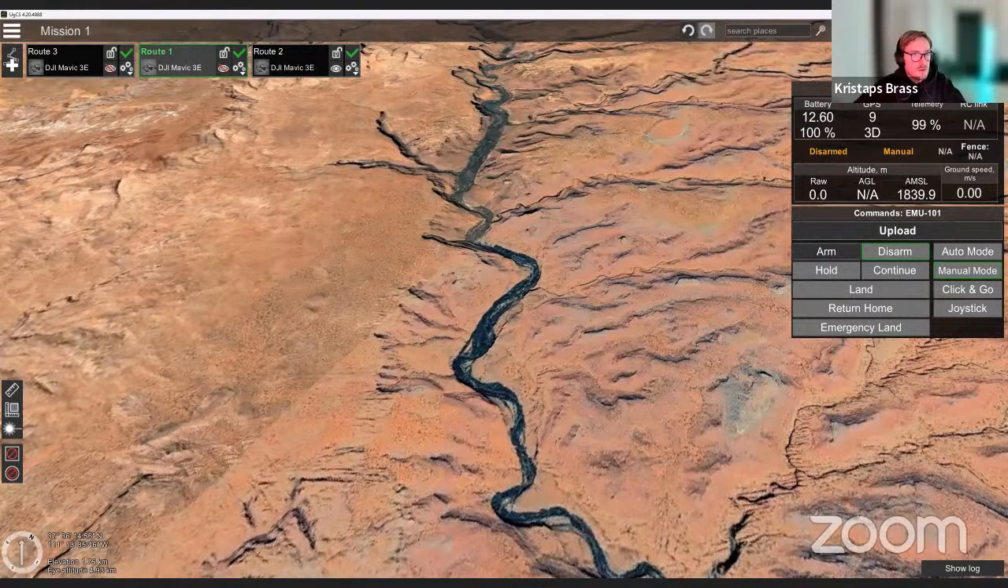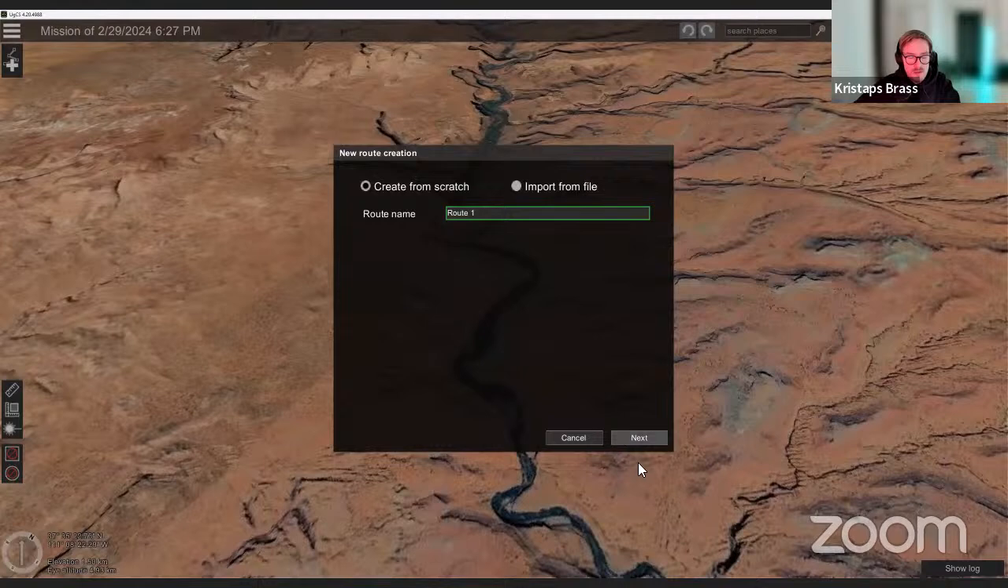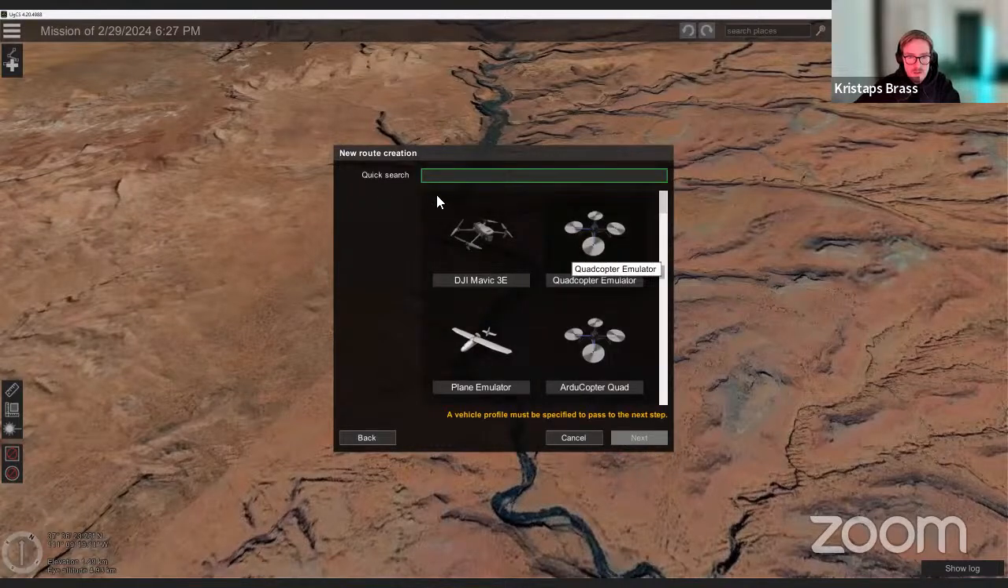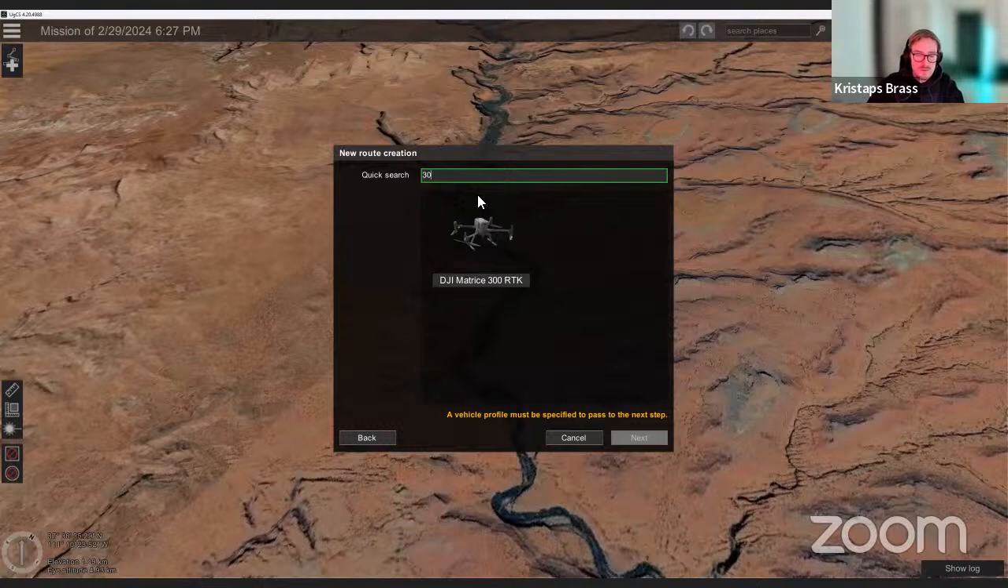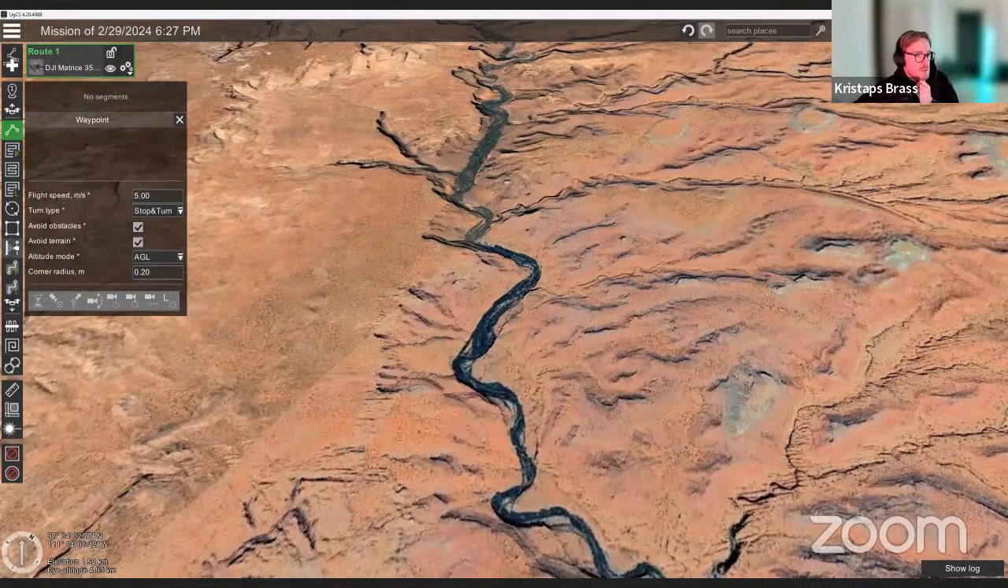So now let's go into some LiDAR flight planning. For that, I will create a new mission here. In this case, let's select the M300, or maybe even the M350 drone. Actually, in the meantime, let's see if there are any